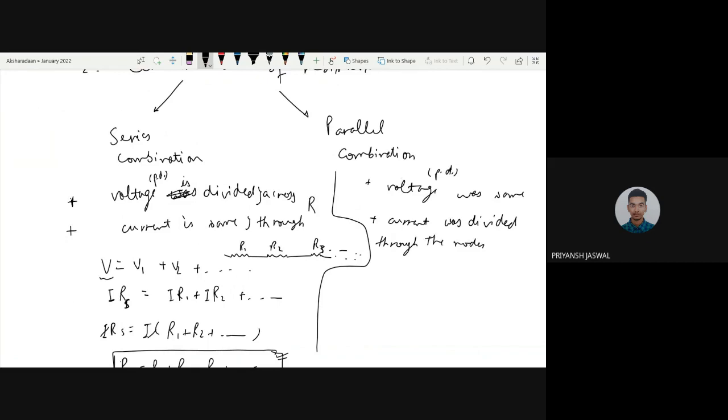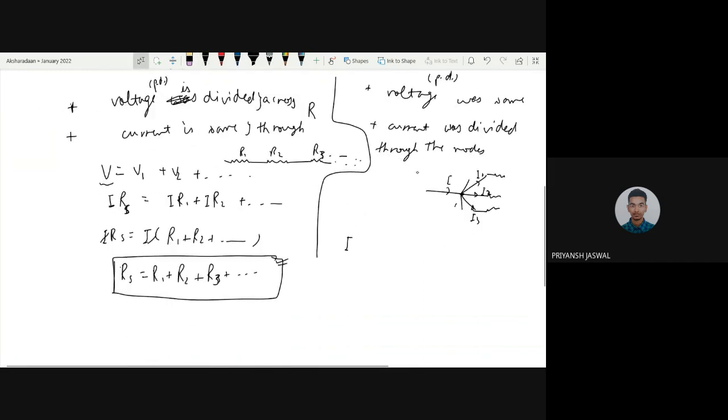Current was divided through the nodes at these points where the arm would diverge into several resistances, n number. So the current would divide among the resistors. So current was divided,